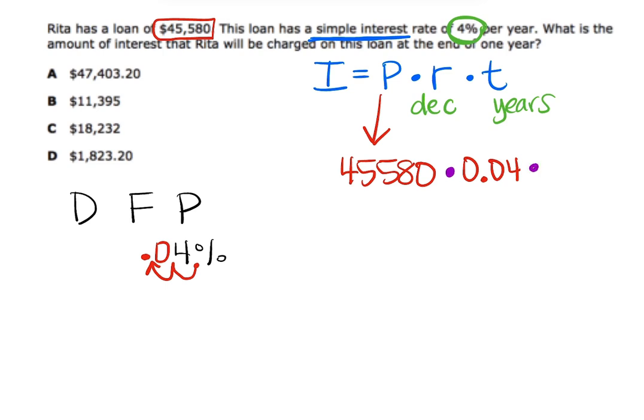And my last step is to find the time. So again, it says what is the amount of interest she will be charged after 1 year. So again, my year was 1 year. So I am going to multiply